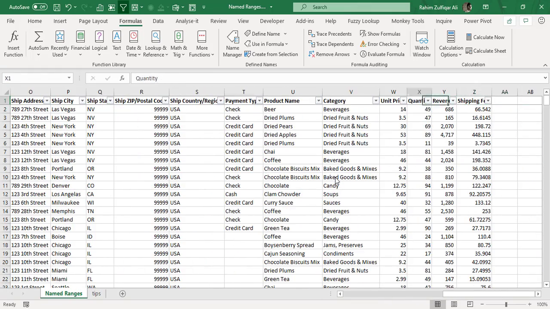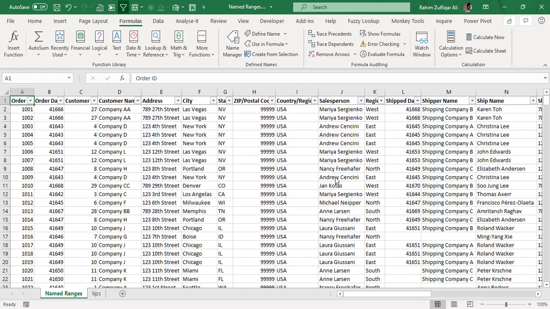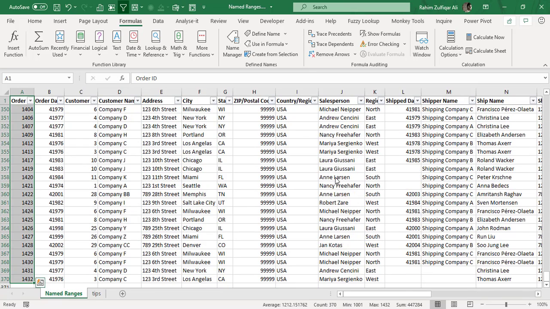Now the last technique about the name ranges is that, for example, if I have data, and I have a lot of columns in my data, and I want to create a name range for each of the columns. So the first way of doing it is that, for example, I will select the first entire column, and